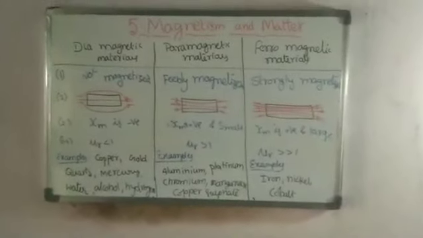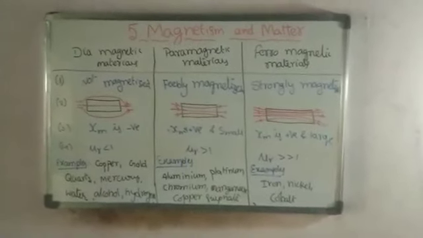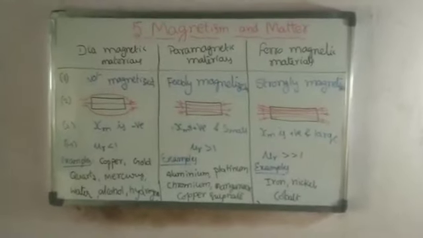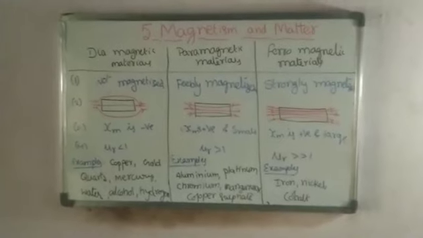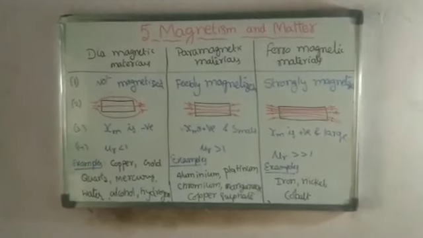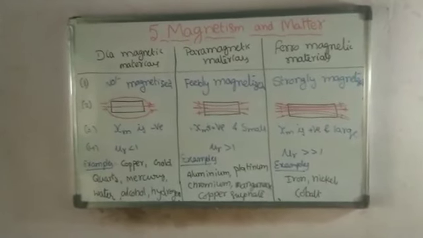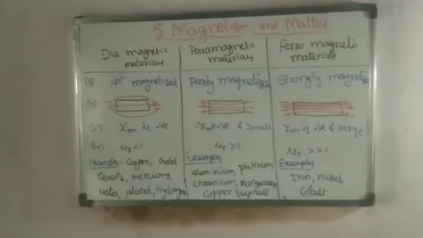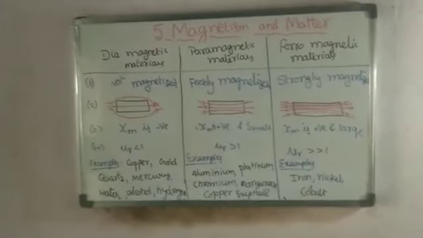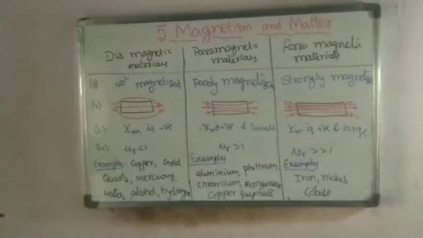Diamagnetic materials are not magnetized, paramagnetic materials are feebly magnetized, whereas ferromagnetic materials are strongly magnetized. Now, in diamagnetic materials the field lines cannot pass through the material. In para and ferromagnetic materials the field lines can pass through the specimen. And the third point is very very important, third and fourth points, because you have to remember them, in the 2 mark question they are going to ask. Now the susceptibility of the diamagnetic material is negative, whereas permeability is less than 1.